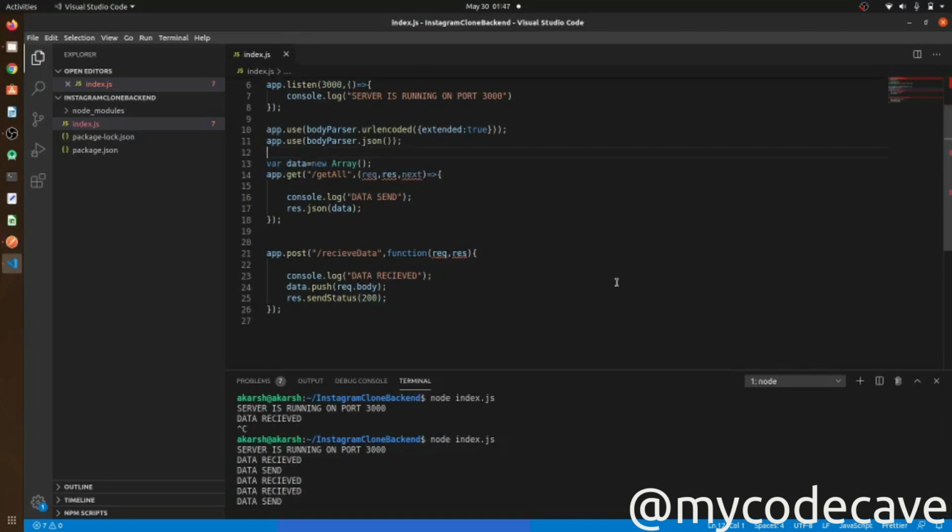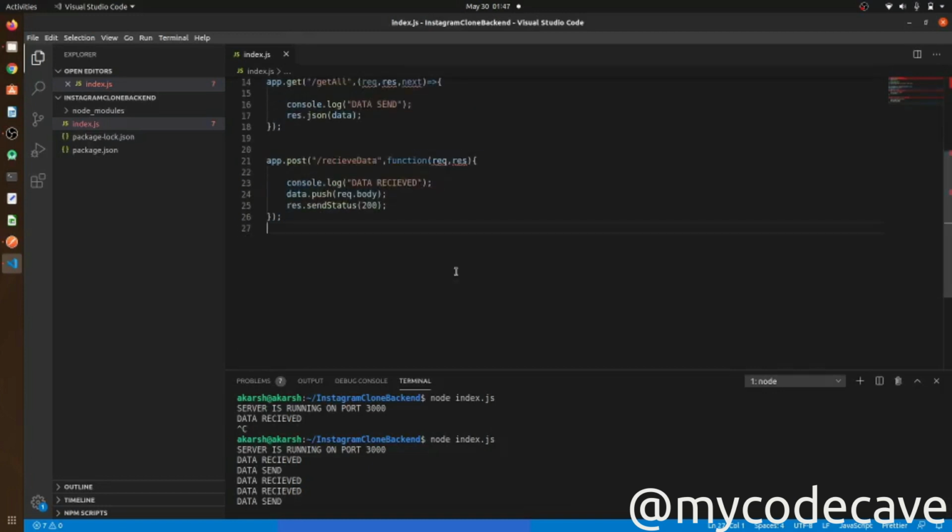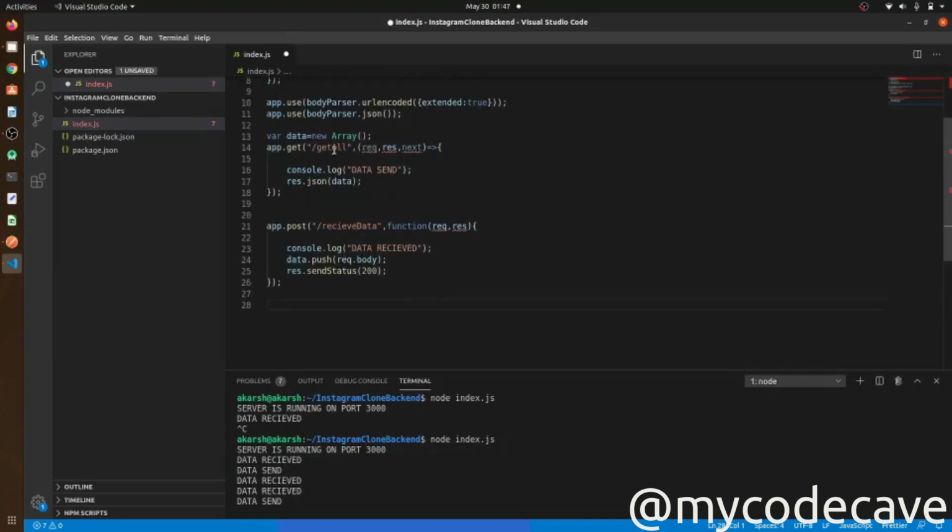Now we will do one more thing, that is we can get the data by any of the data that we have, like if I want to get any data by its ID, like if I get 1, then it should print something.